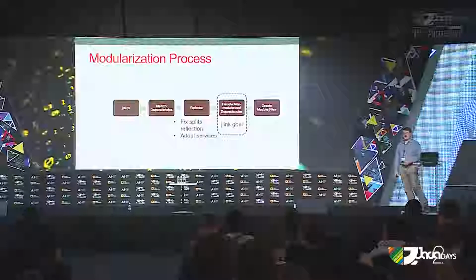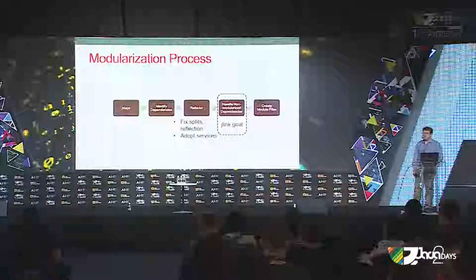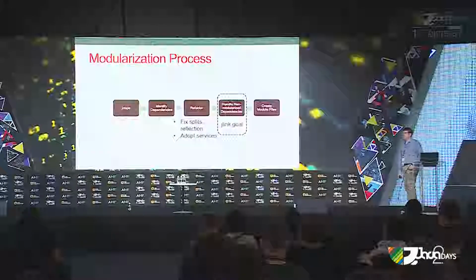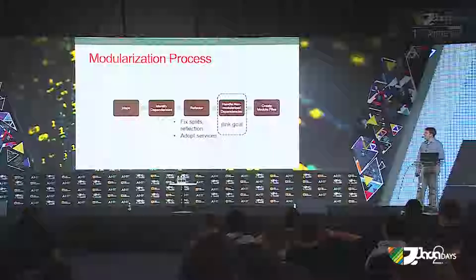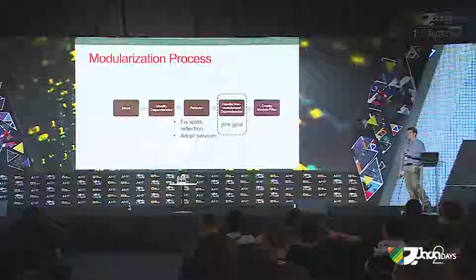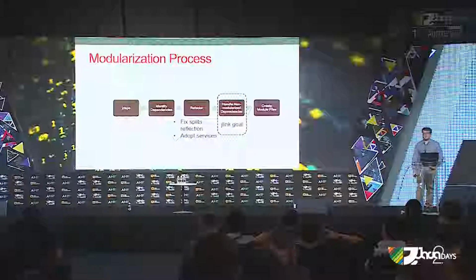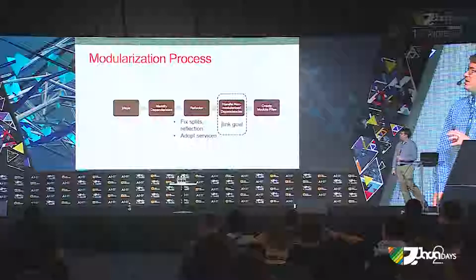Are you reflecting on stuff that you're no longer going to be able to access? Are you using that to defeat public-private in the Java language to change a method or the value of something in a class? And also, to fix some of the issues in your code, you'll probably have to adopt services, which I'll be covering. And then finally, if you decide to go with the jlink goal,